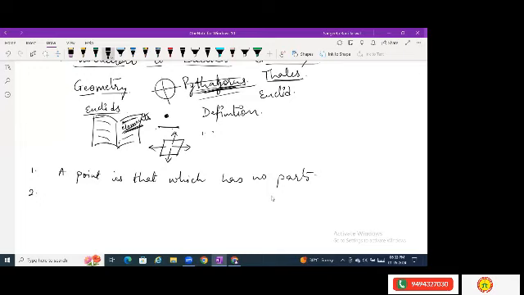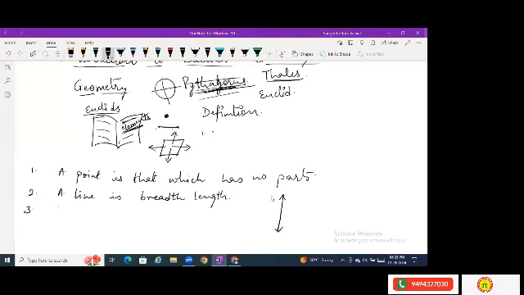Does this need any explanation? Then the second thing he said was that a line is a breadthless length. That means a line does not have any breadth. A line has only a length. If I make a line here, it has only a length. It does not have any breadth. The breadth is actually very negligible. Such type of things were there in his book of Elements.